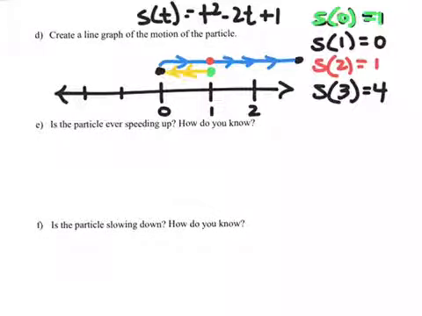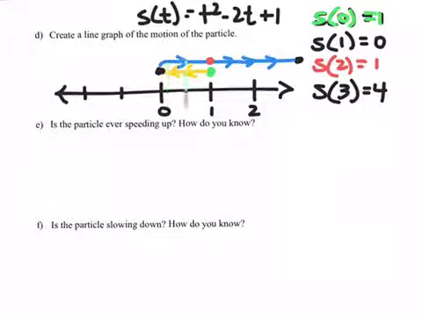Alright, so here on this next slide, I've created a line graph of this motion particle. This green point is where the position was at the start, where t equals 0. So I used my position function, I plugged in 0, I got 1. I knew based on the last slide that I was going to be moving to the left until I hit t equals 1. So the position at t equals 1 is 0, and then it started to move back